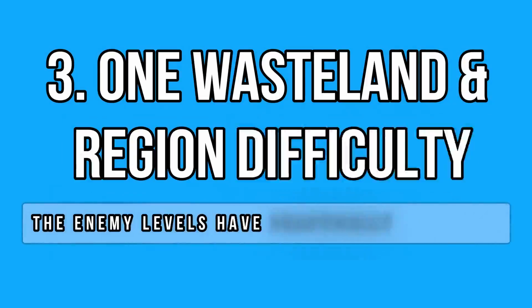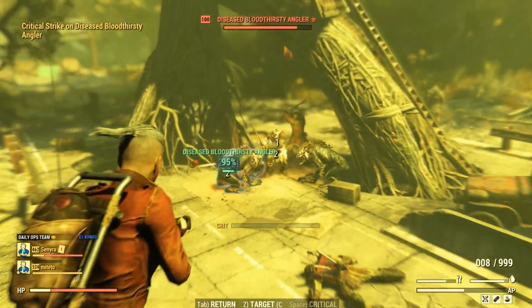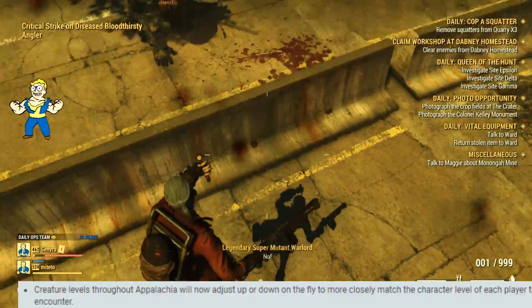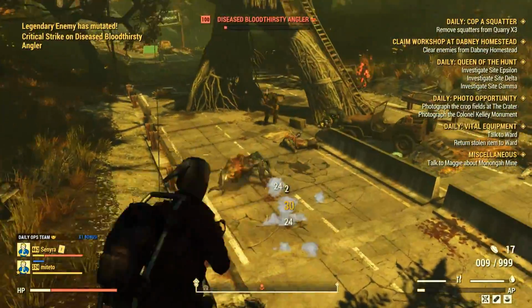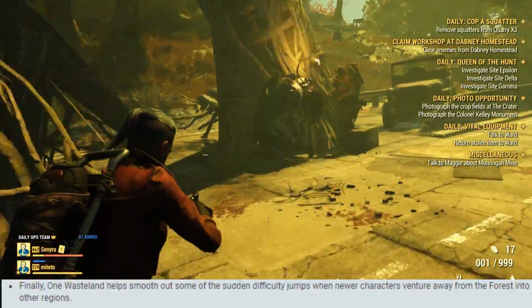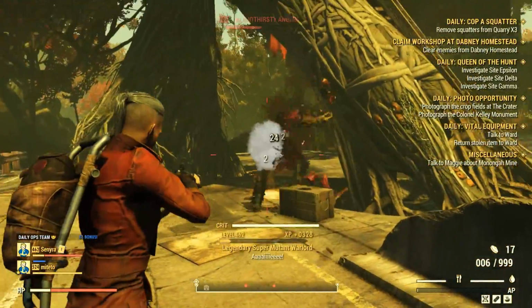The One Wasteland is a new system that aims to adjust enemy levels to your own or to your team's average level. Bethesda wants to decrease the difficulty spikes in all regions as well as make your experience a bit more normalized. They also want new players to have a more balanced experience. The concept sounds great, but after testing it for a couple of days, I can say I don't think this is